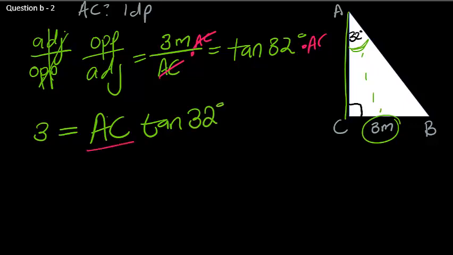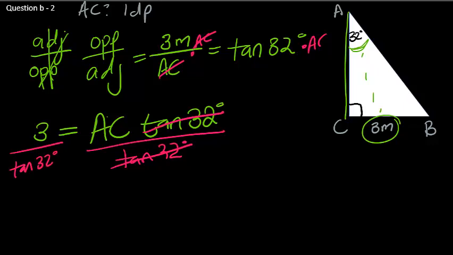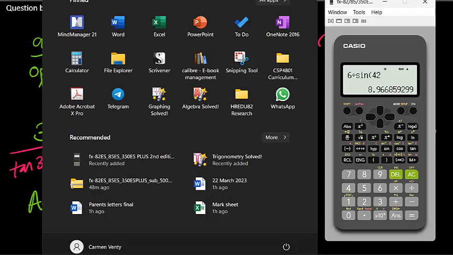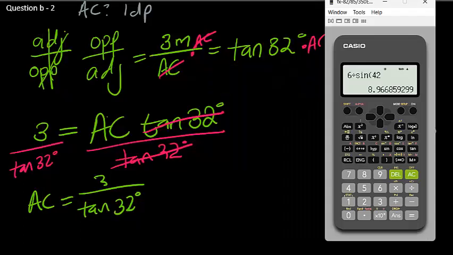Now we are going to divide by tan of 32 on both sides because we want to cancel that out. So we've got AC is equal to 3 over tan of 32 degrees. Calculator says 3 divided by tan of 32 gives me